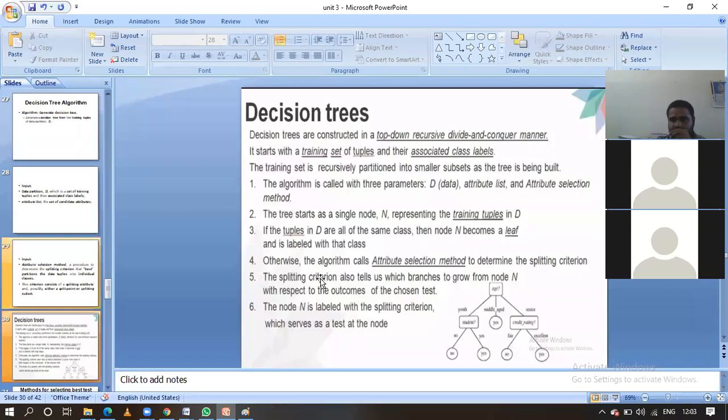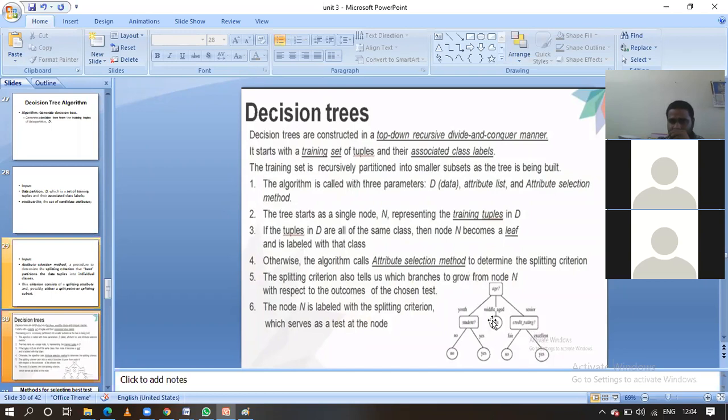Here the splitting criteria plays a very important role, guys. For making age the root node, we use the attribute selection method. Here also, making student a node is the output of the attribute selection method. Here also, the output is credit card rating from the attribute selection method. Based on this attribute selection method only, we are going to make the different roots as well as the internal nodes. That is a separate process, guys. Moreover, we use this attribute selection method recursively for finding the root node as well as the internal nodes.